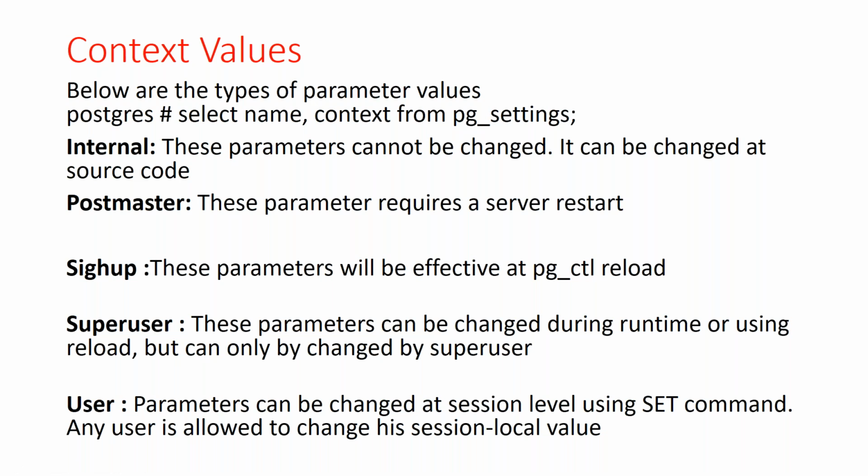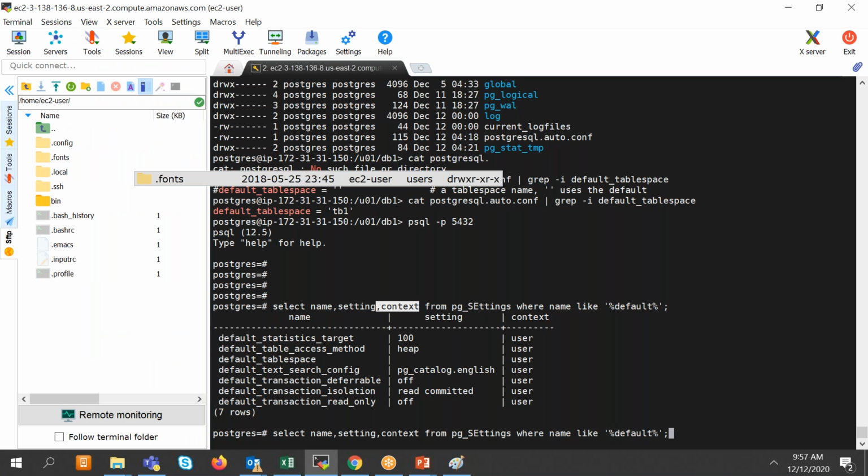Internal means that it cannot be changed. It can only be changed at the source code. There would be some internal parameters which can only be changed at the source code, at the coding level. So if I see where